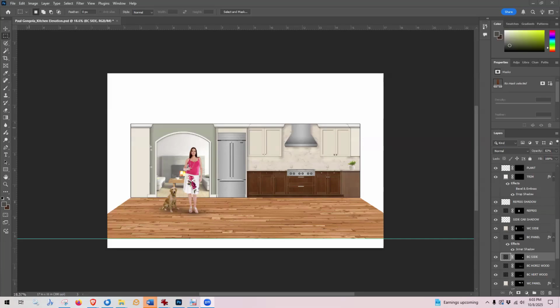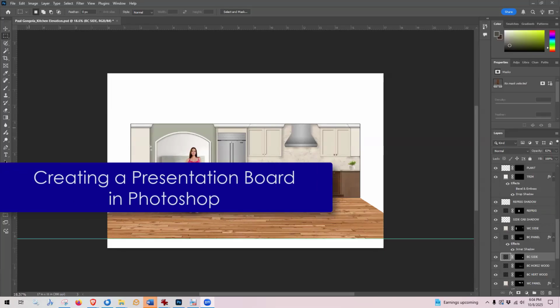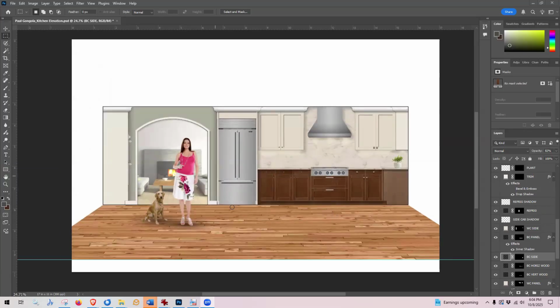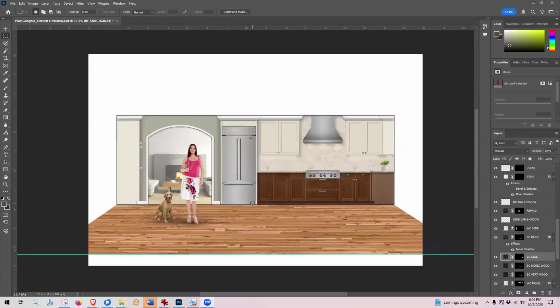Here's pretty much where I left off last week. I didn't quite get this far after class ended. And you know what? It's still not finished. I don't have drawer pulls, and there's still minor things that I could do to this thing. But right now, I'm gonna call this done, and I'm gonna start a new Photoshop document, get a presentation board